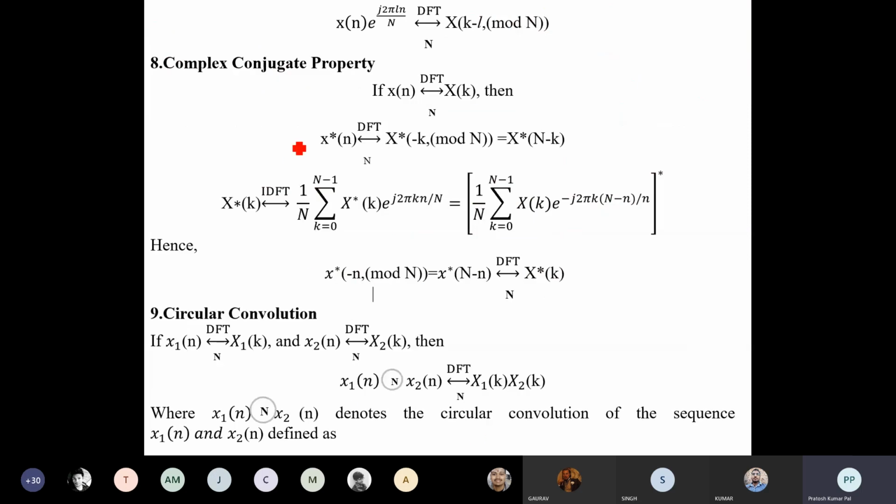Then we are now shifting in the frequency domain. Suppose we need to shift the frequency domain, that is x of k को अगर हमें l टाइम शिफ्ट करना है, so उसमें हम क्या करेंगे, जो भी हमारा इनपुट है उसमें हम मल्टीप्लाई करेंगे e to the power प्लस j 2 pi by n इंटू L अमाउंट ऑफ, जहाँ पे k को हमें शिफ्ट करना है तो k को मल्टीप्लाई करेंगे विद n. ठीक है, सो दिस इज द फार्मूला फॉर फ्रीक्वेंसी शिफ्ट. तो फ्रीक्वेंसी शिफ्ट में करना है तो हमें इनपुट पे e to the power j 2 pi by n इंटू एल एन से मल्टीप्लाई करना पड़ेगा, एंड एल टाइम्स को अगर हमें फ्रीक्वेंसी में शिफ्ट करना है.